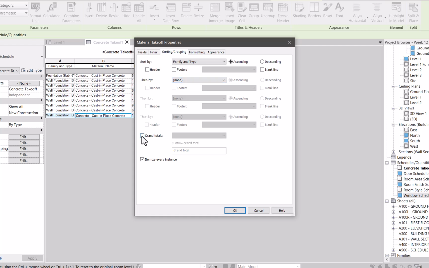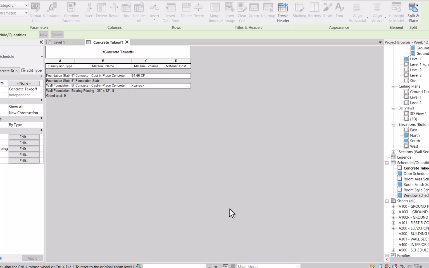Let's turn on grand totals. And I'm going to uncheck that one just to show you. And here under family and type, I want to add a footer. And we'll leave it at totals, okay? We'll leave both of these as totals right now, just so you can see what we're doing. Okay. So now